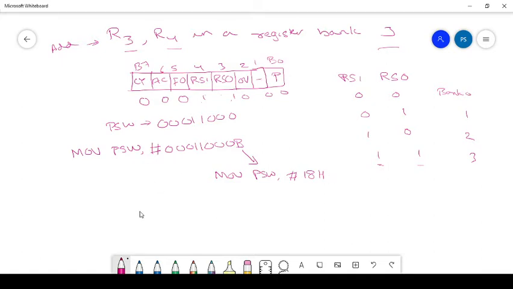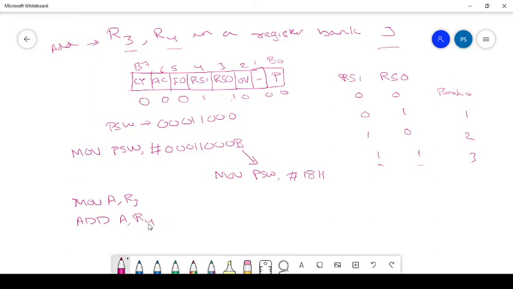Then you can write the instruction MOV A, R3. That means move the contents of R3 in register bank 3 to the accumulator. Then I can write the instruction ADD A, R4.